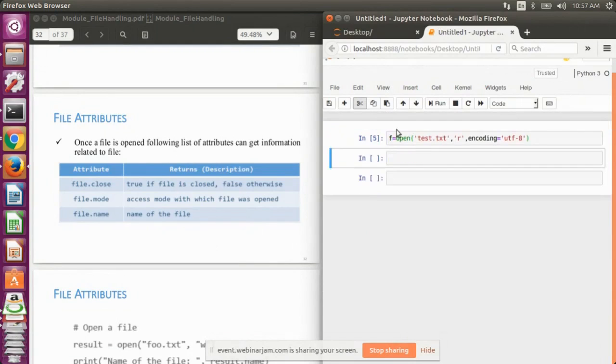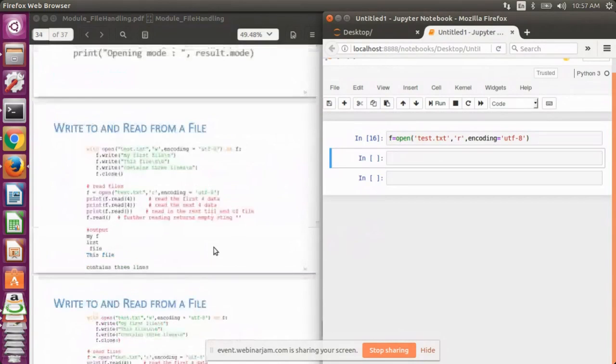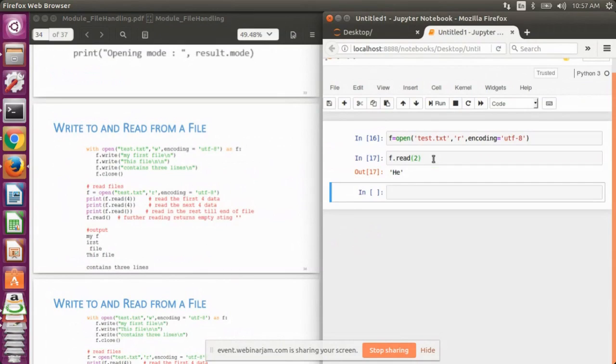So next, let's open it again. First, remove these lines. Now, let's open the file again and perform some read operation. Like, to read the first two characters, let's write f.read, and in the brackets I have passed 2.